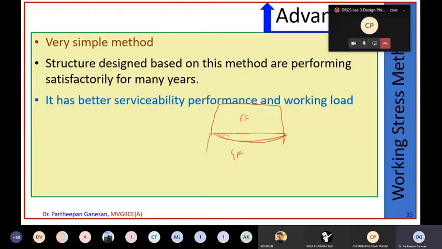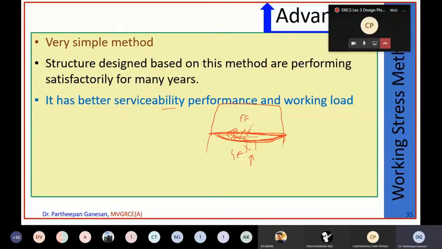Will you be able to comfortably sit anywhere here? If you put a table, the table will look like this. It will go somewhere like this because of undulation here. There's a pond effect here. Originally it should be flat, but because of lack of design, your structure has deflected like this. You will feel very uncomfortable to operate on this platform, and those inside will always feel afraid when it will fall. So that is called serviceability. Serviceability performance means the people should feel very comfortable staying inside the house.